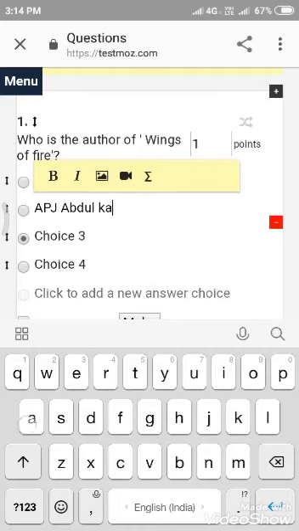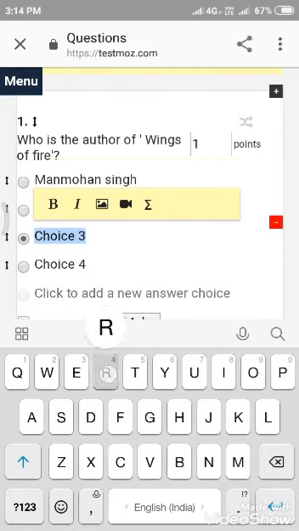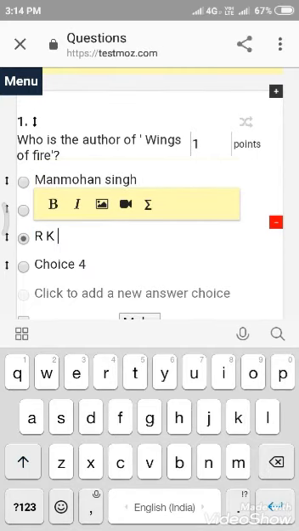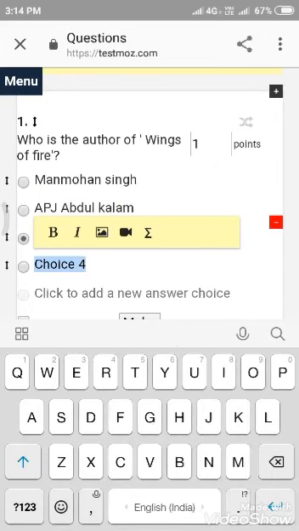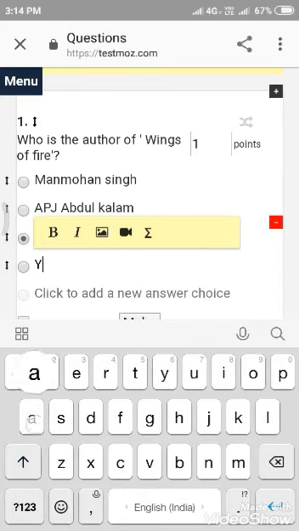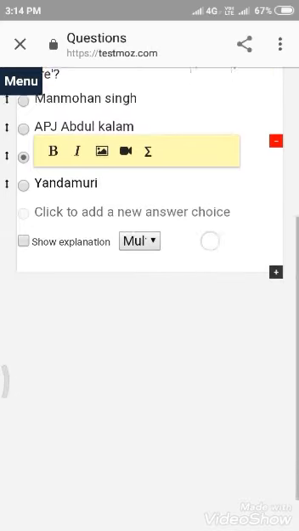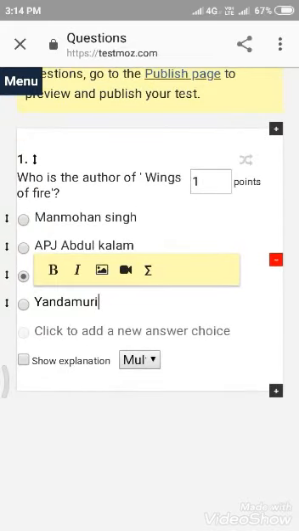Here the answer is APJ Abdul Kalam. Choice R.K. Narayanan. Choice 4, Yandamuri. Okay, I have given 4 options. One option is correct among these answers.